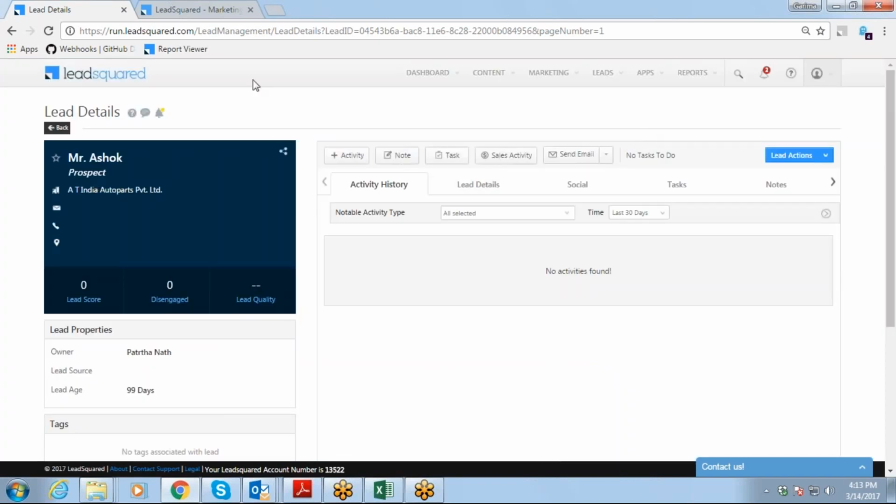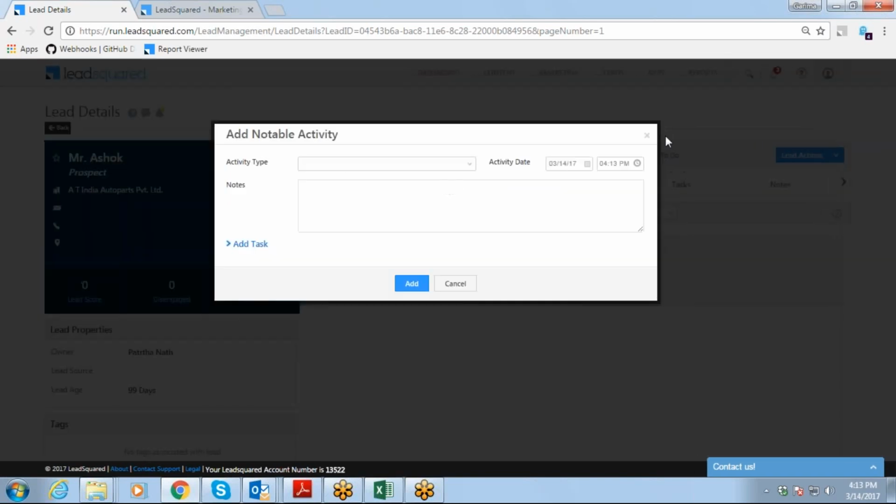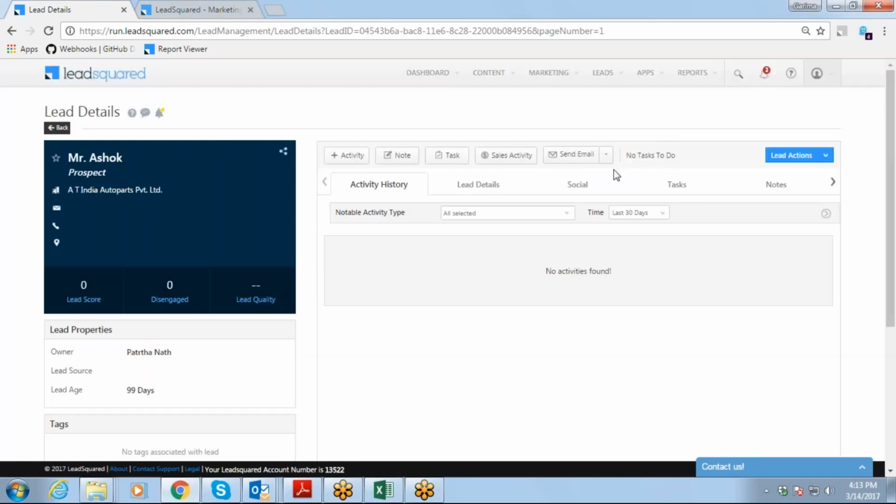So now this was the activity thing. Now I'll just show you, if you want to make use of note, you can make use of note, but initially always try to use activity. Note is always used when you want to just add a unique thing about your lead, right? So if you want to just trace him out that this was the lead which wanted something new, or any unique thing about that lead, you can add in note, right?